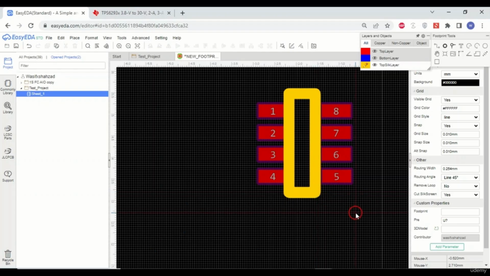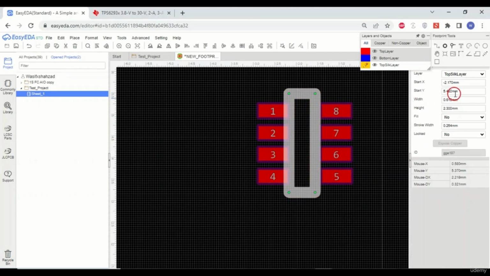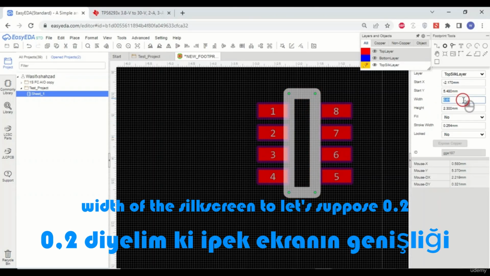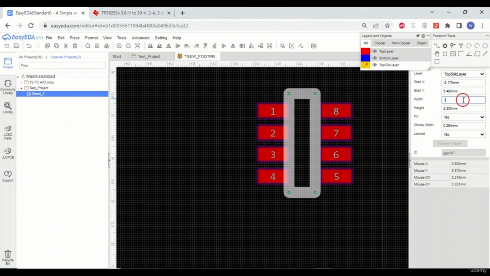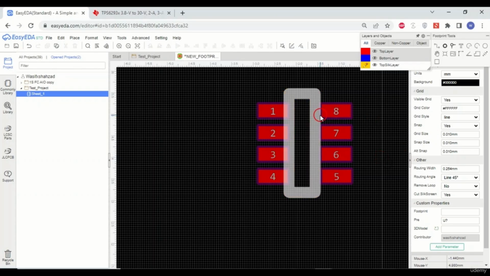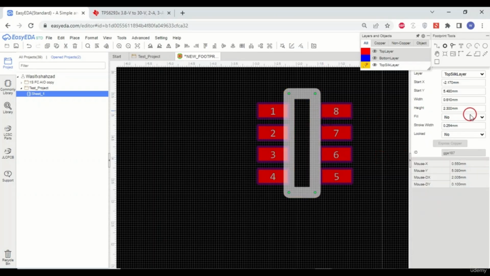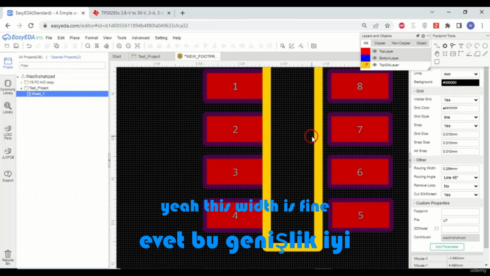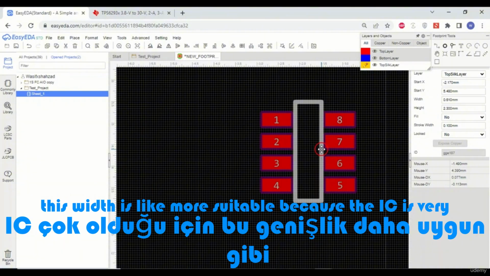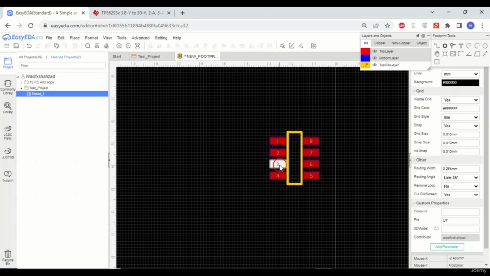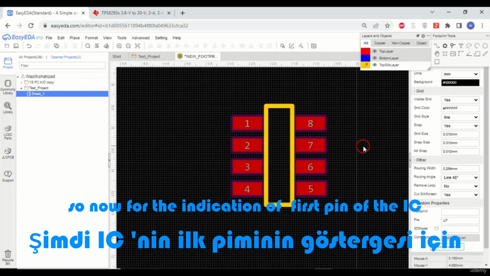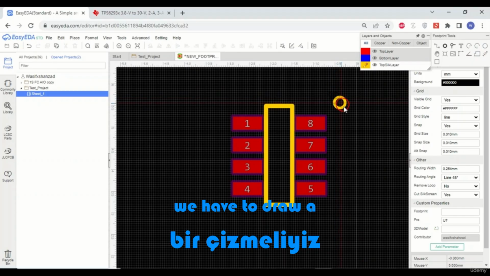Right? Now we will change the width of the silk screen to, let's suppose, 0.2. 0.1. Yeah, this width is fine. This width is more suitable because the IC is very small. So now for the indication of the first pin of the IC, we have to draw